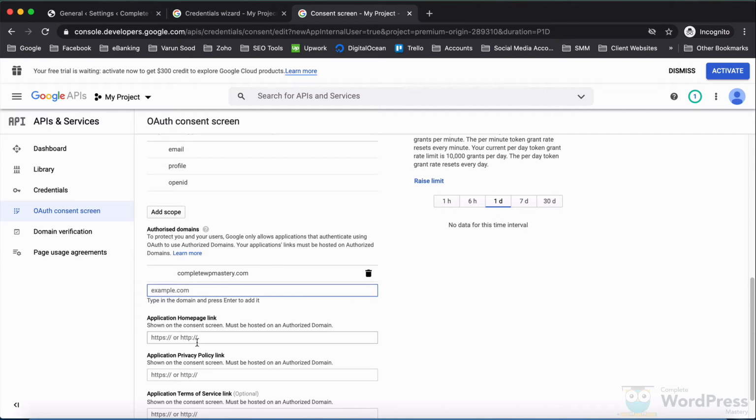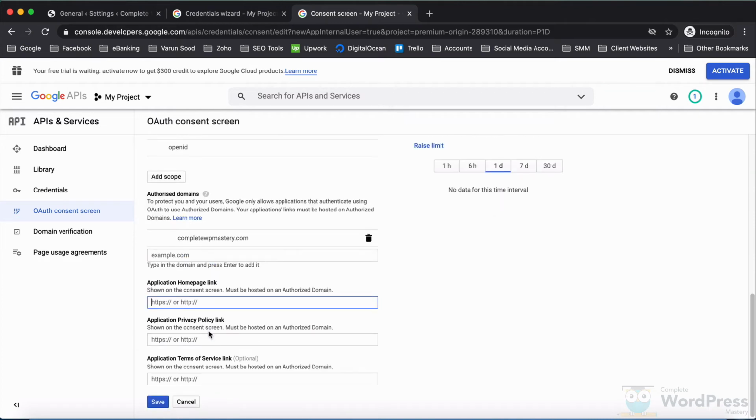In the next text box, we need to put in the URL of the homepage of our website. Now, we don't have privacy policy and terms of service pages on our website, but I know what their URLs are going to be. So let's go ahead and put in these two URLs. When you are done, click Save.